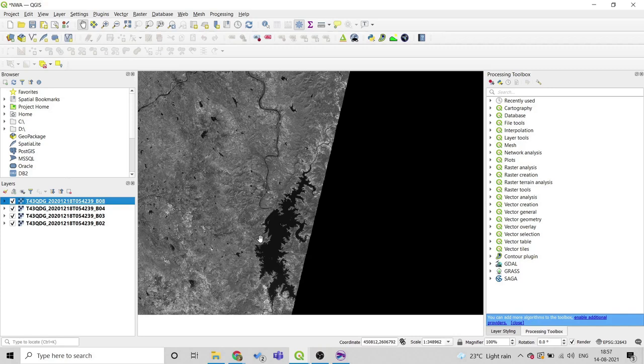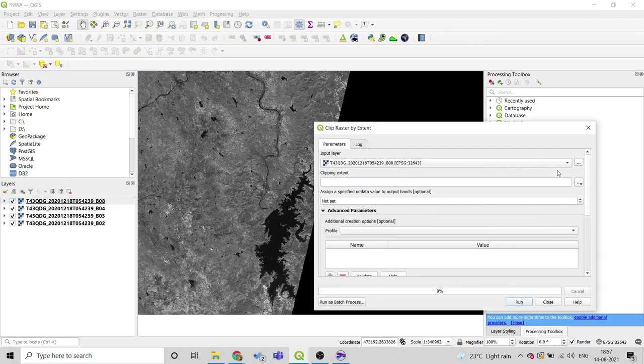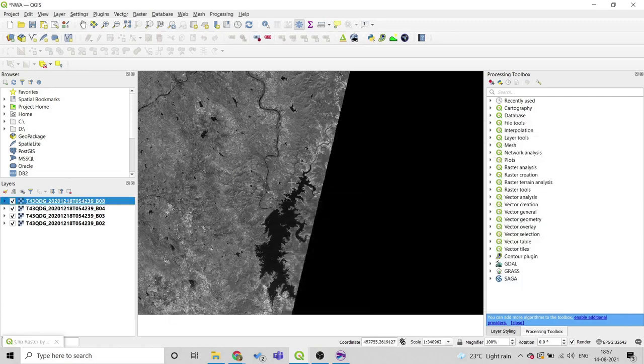Now to further process this data, we will be clipping it into a smaller region simply by going into raster, extraction, clip by extent, selecting the raster, and in clipping extent we will be selecting draw on canvas and simply select the region of interest